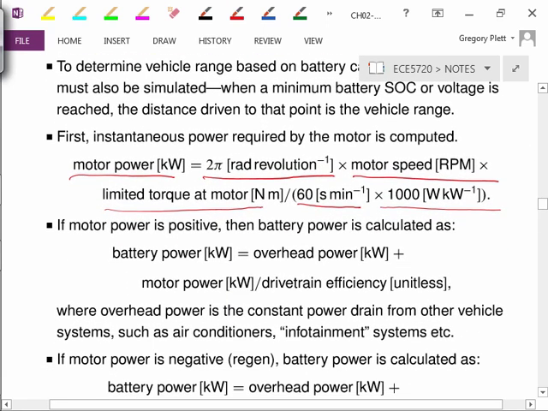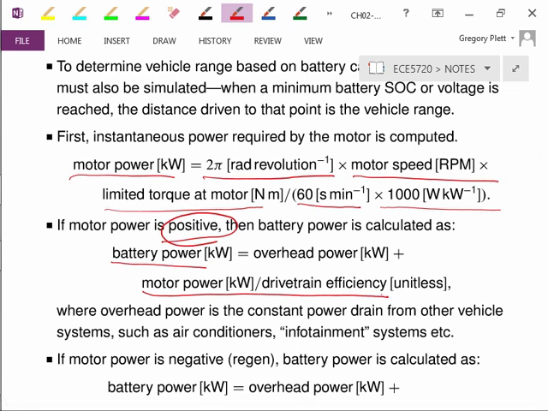When we calculate the power, if it's positive, then we're accelerating, and if it's negative, we are regenerating. So if the power is positive and we want to take some efficiency considerations into effect, we have to do it differently from when the power is negative, and that's the biggest difference here. So the battery power is equal to the motor power divided by drivetrain efficiency. So if efficiency is 1, it's simply motor power. If efficiency is 90%, I divide by 0.9, and I get a higher power required of the battery